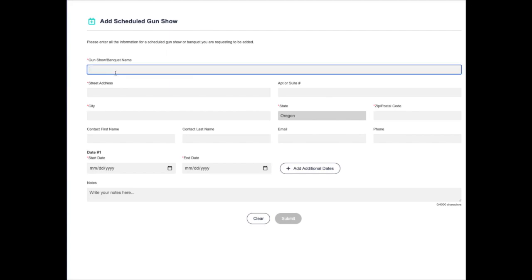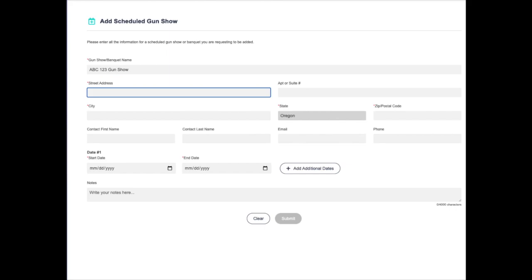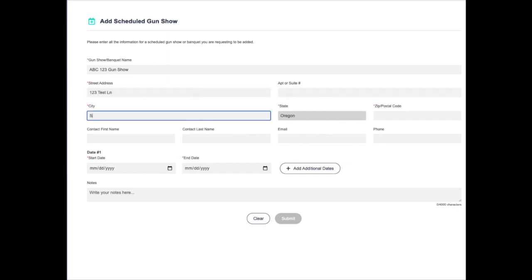So for demonstration purposes, I'll go ahead and enter in a gun show. I will enter in my street address, the city. The state will always be defaulted to the state of Oregon. I will enter in my contact information, my phone number,